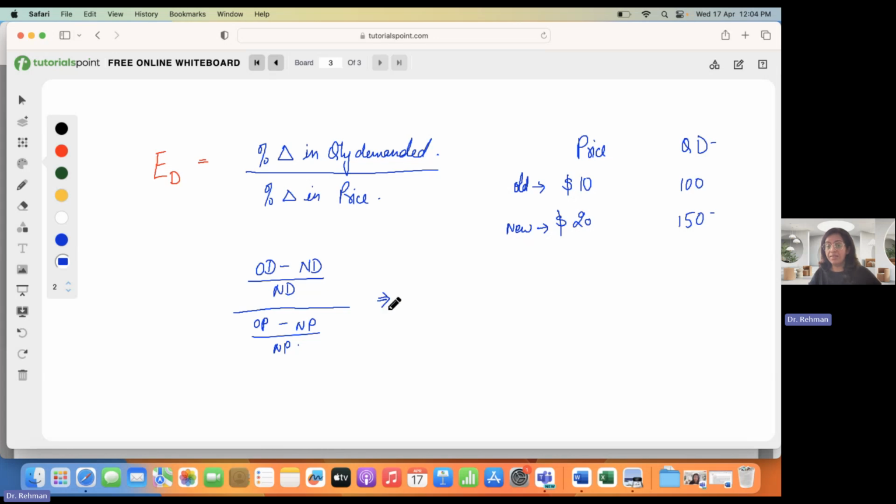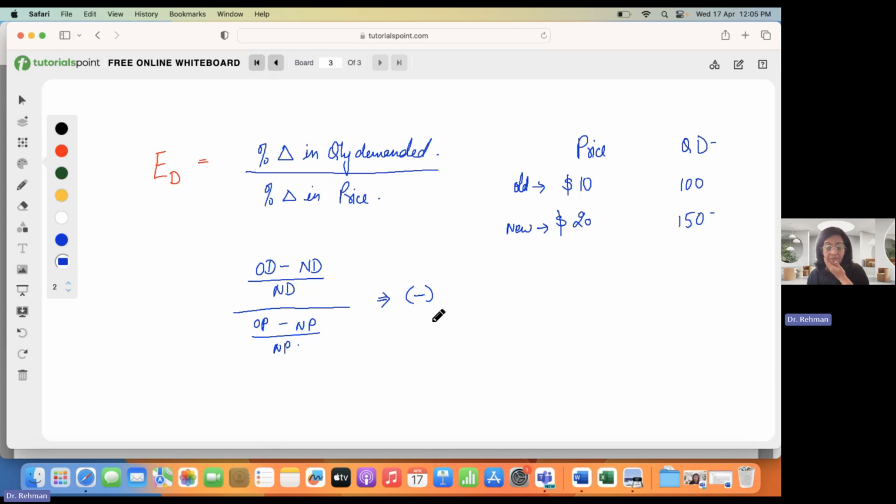remember one thing, that the answer that you will get here will be in negative form. Why will it be in a negative form? It is not the negative value. It is the relationship between the price and quantity demanded. And if you remember from the last lesson, there is a negative relationship between the two. If the price increases, demand decreases. If the price decreases, demand increases. So since these two always move in the opposite direction,